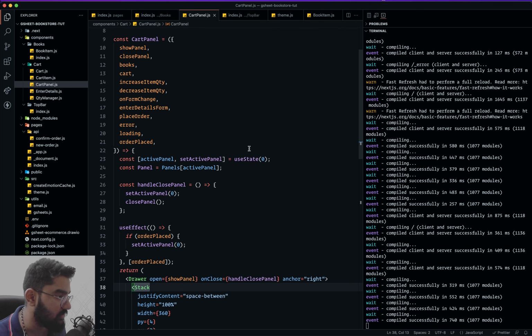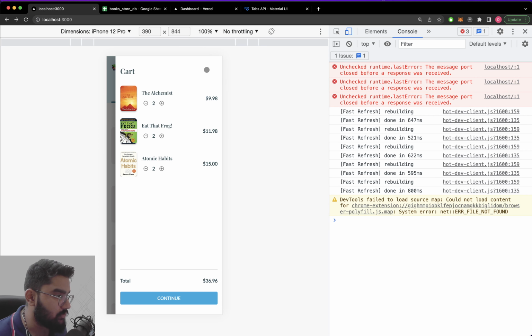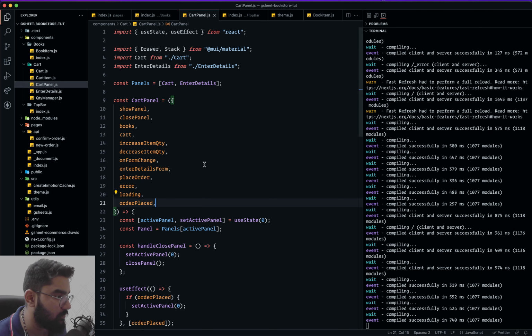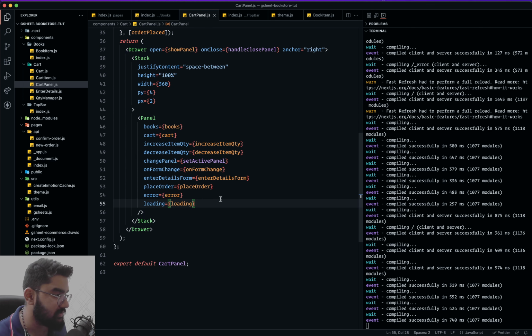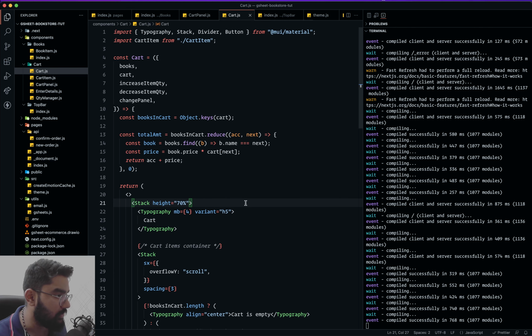Let's see what we have at the moment. We only need to have the cross button over here, not on the second panel. But before that, we need the function to close the panel itself, which we do have right over here, handle close panel in the cart panel component. So let's pass it down to both the panels regardless. We can set close panel to be this, and now within the cart component